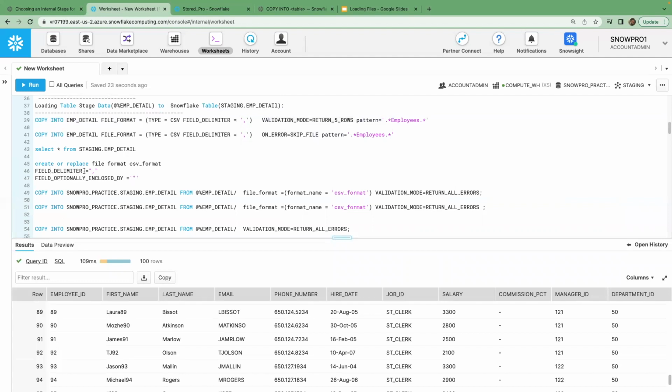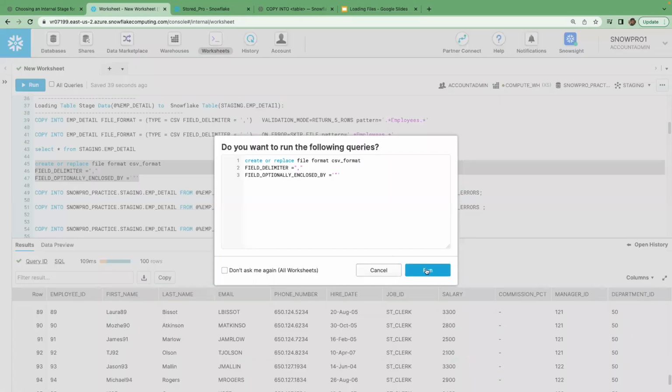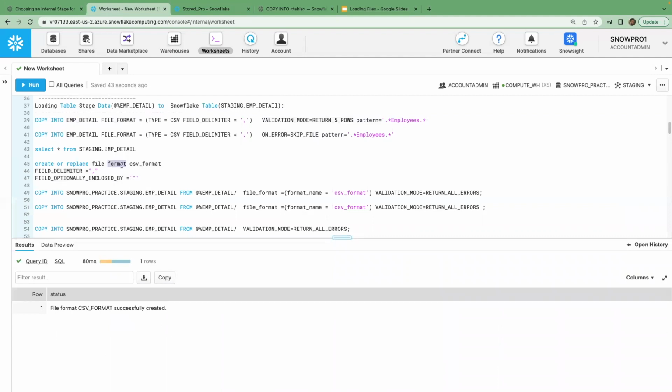Just create the file format object, create or replace file format, CSV format, and you give all the properties of it: field delimiter, optionally enclosed. Execute this one. And now use this file format name within the copy into command. The copy into command goes like this: copy into table. I qualified everything here